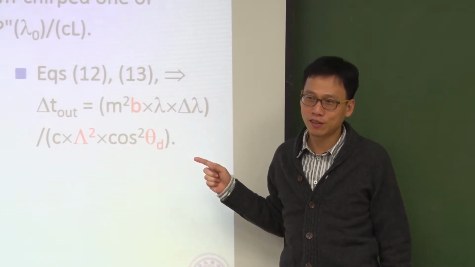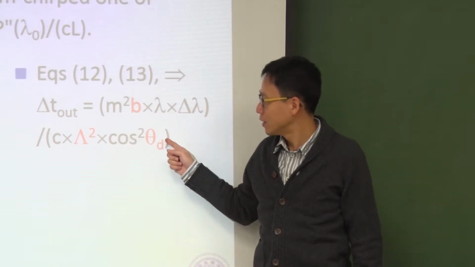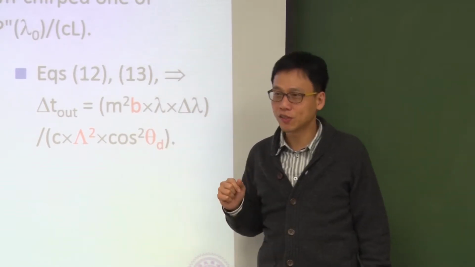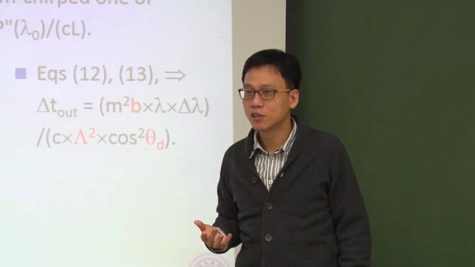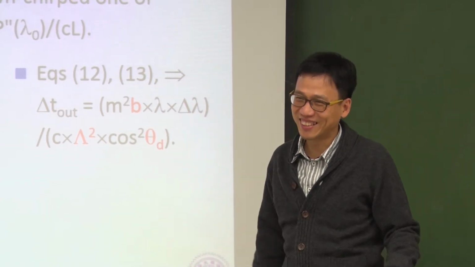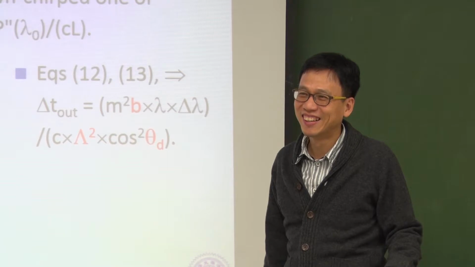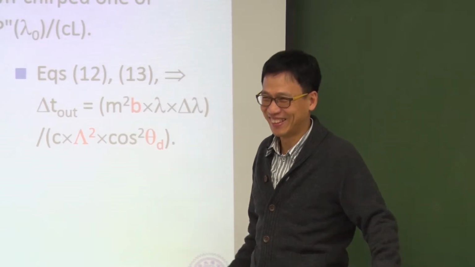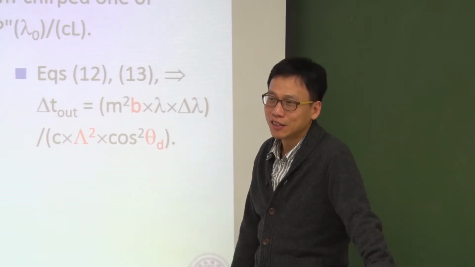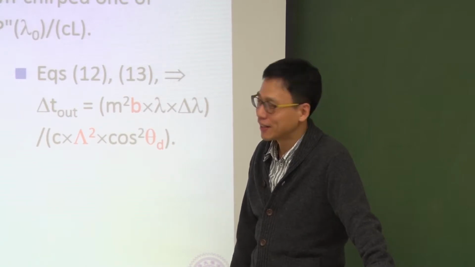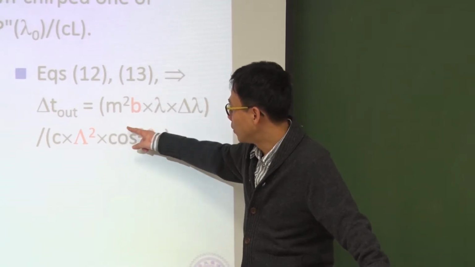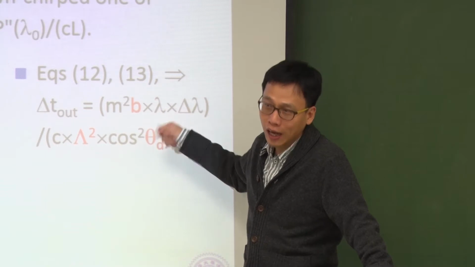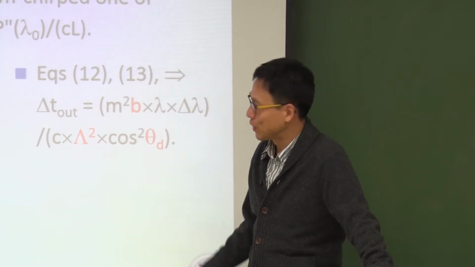Such that you have a larger output pulse width. And how do you control your theta d to get the smaller cosine theta d? 它是递增还是递减函数嘛？对不对？在第一象限它是递减函数，对不对？所以如果它要小，那西塔 d 就要大。